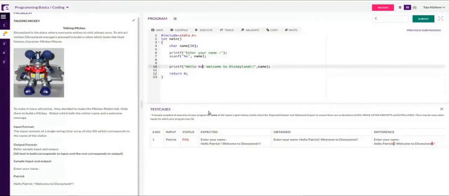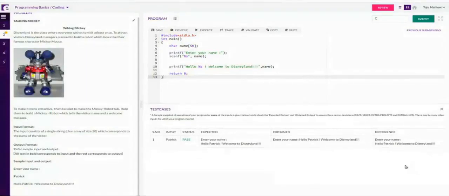So I had to provide that space, and now I'll validate again. One error is gone; the space issue is gone. The second error is that there are 3 exclamation marks, but in the output I printed, there are only 2. So I go and correct it. Now I will validate. My validation is successful.